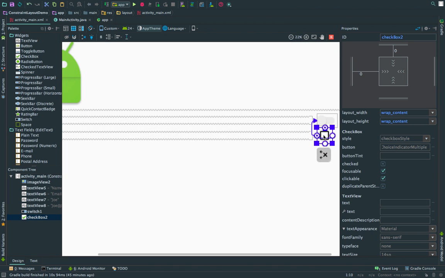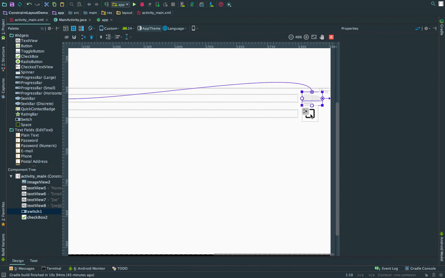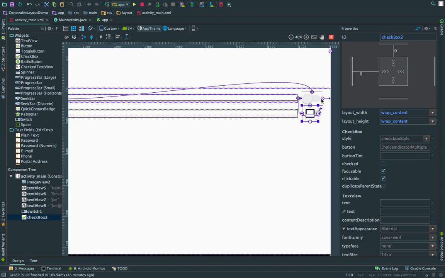You see how these are offset a bit, like they're bound on the left side. The switch is not exactly centered underneath, and the checkbox is not exactly centered underneath the switch. It's kind of left justified. You can right justify it just by constraining the right side to the right side of the switch, and now